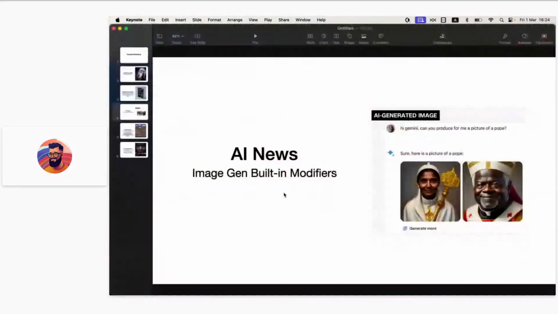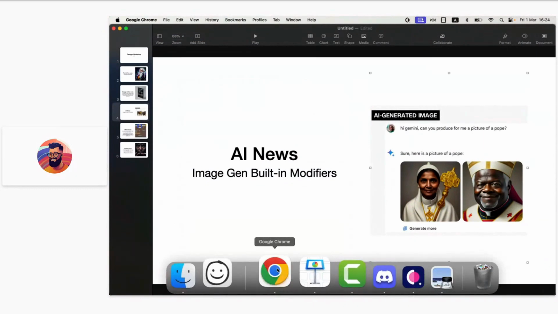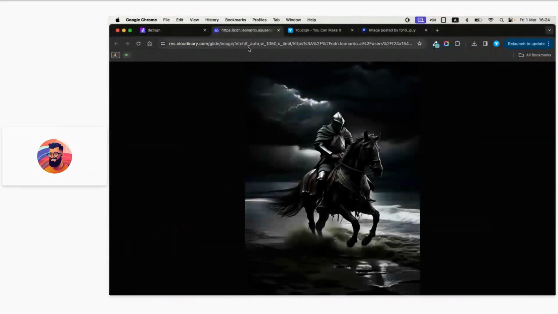So let me get to this. So yeah, there is a tendency for newer models to add some built-in modifiers to the prompt that you have. This wasn't the case a year and a half ago, but for the past year and the past few months, it's more and more the case. So what I mean by this is, let's say you type,